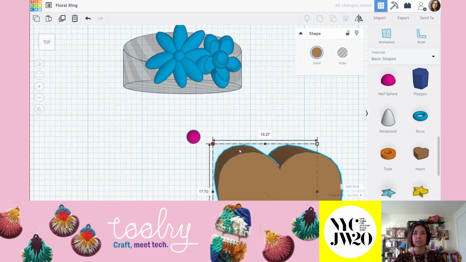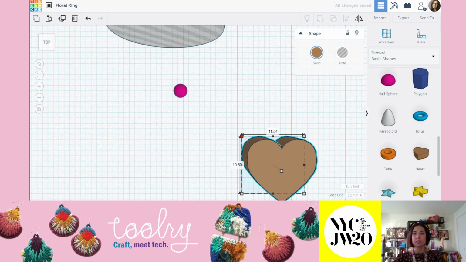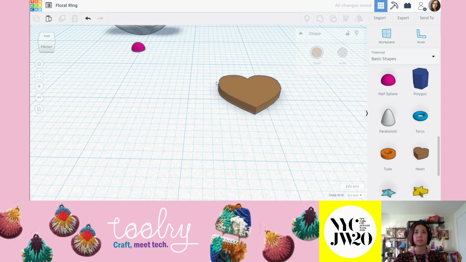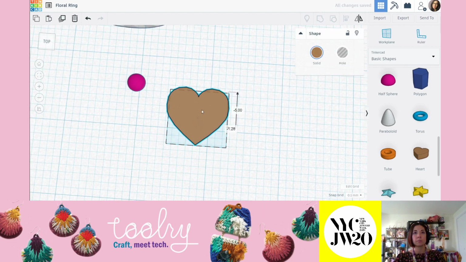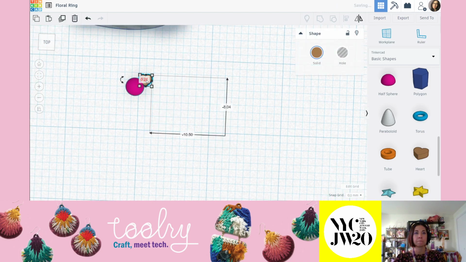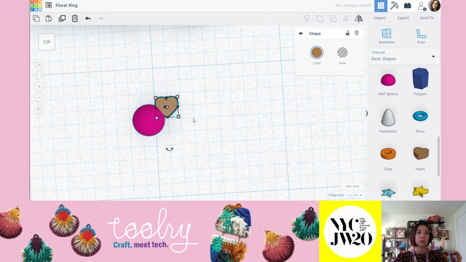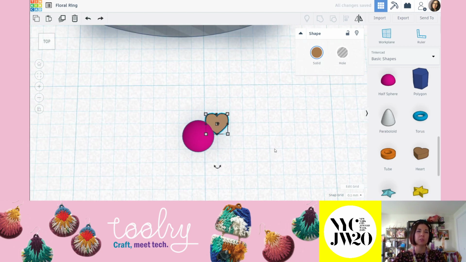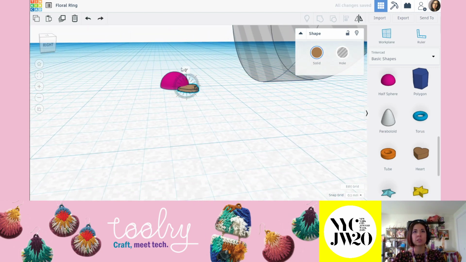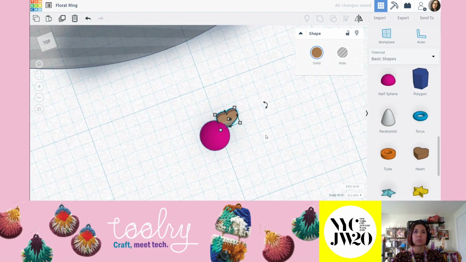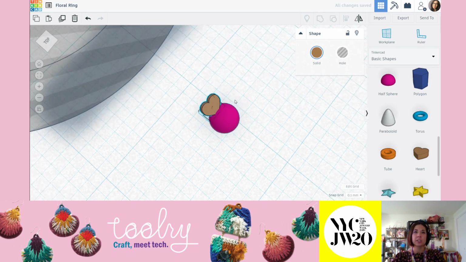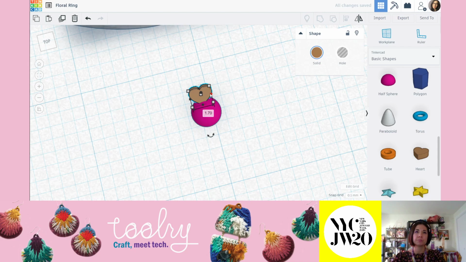I haven't tried this heart yet. So let's just grab this heart, scale this down to 1 millimeter. It's nice and flat. And then just start to get it pretty small. So this is going to end up looking a little bit like a flower, even though I didn't mean it to look like a flower. But I'm basically just positioning this little heart detail